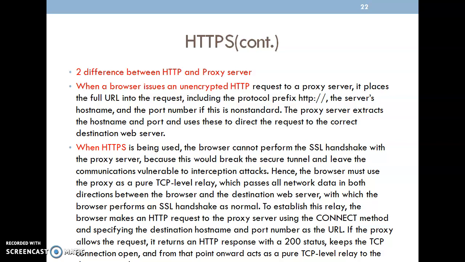So in order to access the data, we make use of CONNECT. The URL we obtained will not be accepted by the valid server. At that time it will send the request to the proxy server by making use of CONNECT.